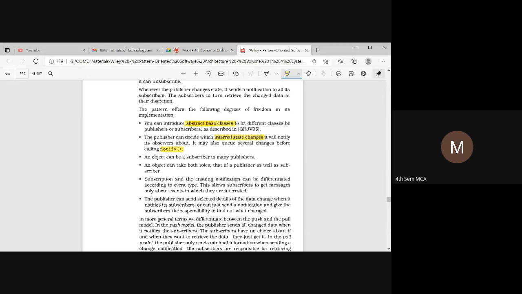Say for example, you have subscribed to a magazine for 1 year, so every month you will get that particular magazine. After the completion of 1 year, you will get a notification from the publisher that your subscription is going to end by this month end. So kindly make a payment and subscribe. Okay, so that is a message.